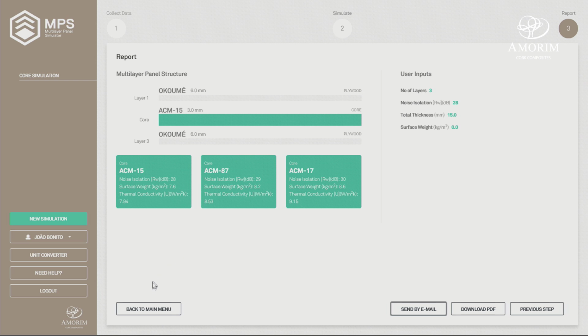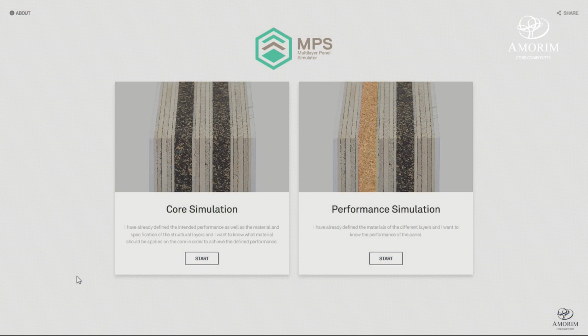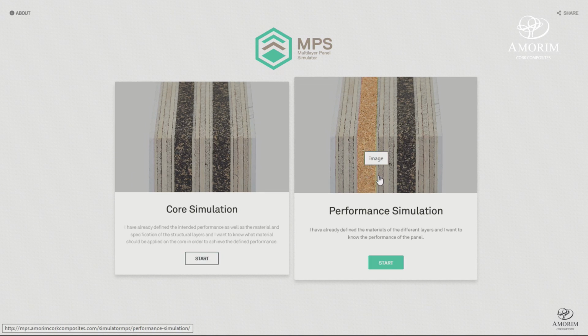Okay, so now I will go back to the main menu and, okay, Rui, on the other hand, imagine that I have a client that already uses ACM 15, but he wants to check what difference he can obtain if he changes the core to ACM 17. So in that case, what option should I choose? Okay, in that case, that customer already knows the system. You should choose performance simulation. Okay, so